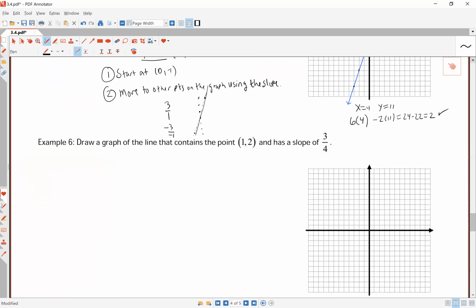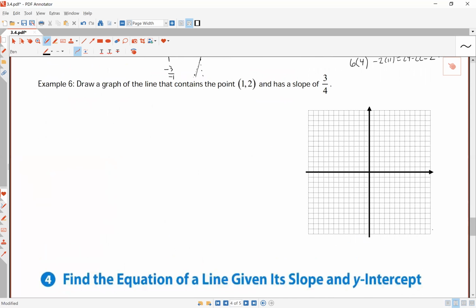So now I know that that's perfect. Example 6, draw a graph of the line that contains the point 1, 2, and has a slope of 3/4. This is exactly what we've been doing. It's just that this time we're going to start not at the y-intercept, we're going to start at the point 1, 2, and then move to other points on the graph